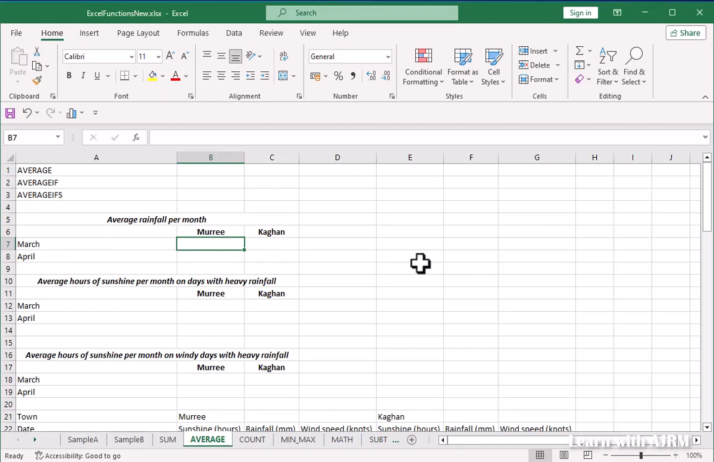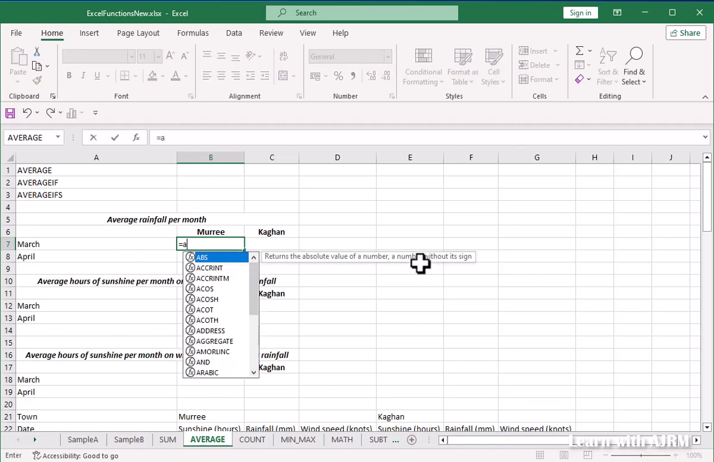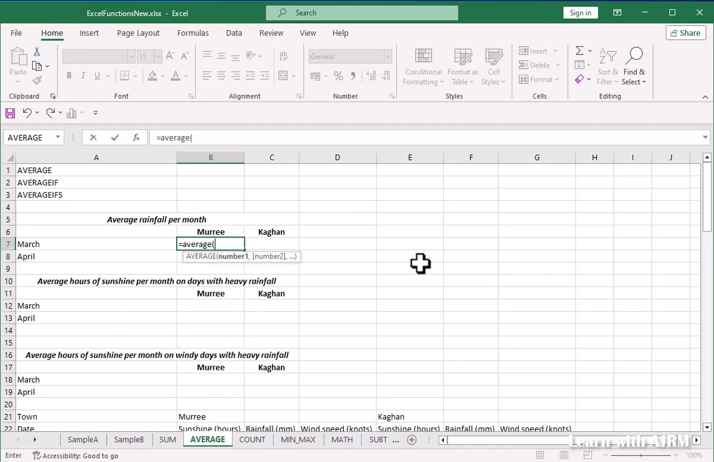We'll start off the formula with the equal to sign, equal to AVERAGE, bracket open, and it's the same format that we had with the sum function. Number 1, comma, number 2, comma, number 3, and onwards. We can specify multiple cell references, values, or ranges, just like with the sum function. Since the requirement is to calculate the average rainfall for Murray for the month of March,